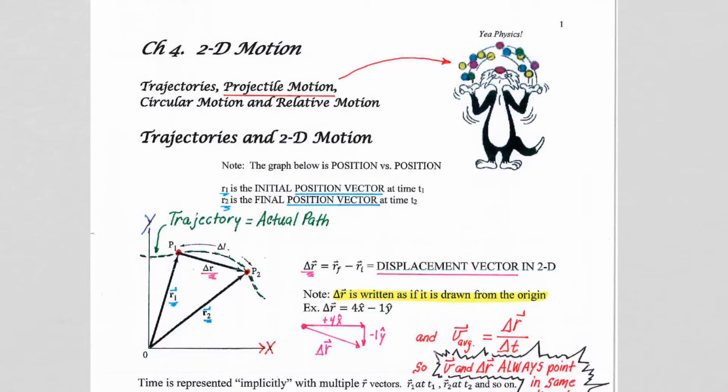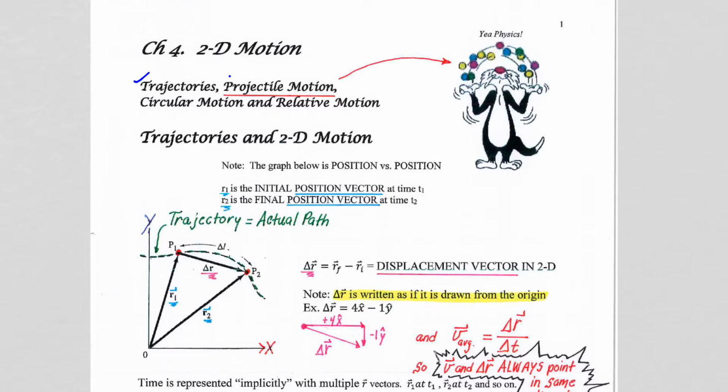Chapter 4, Two-Dimensional Motion. Now, for Chapter 4, we are going to combine our knowledge of Chapter 2, one-dimensional motion, our constant acceleration equations, along with our Chapter 3 vectors knowledge and the ability now to add and subtract vectors to study what we are now calling two-dimensional motion, where we are going to be looking at, as it says here, trajectories, projectile motion, and by the way, Sylvester